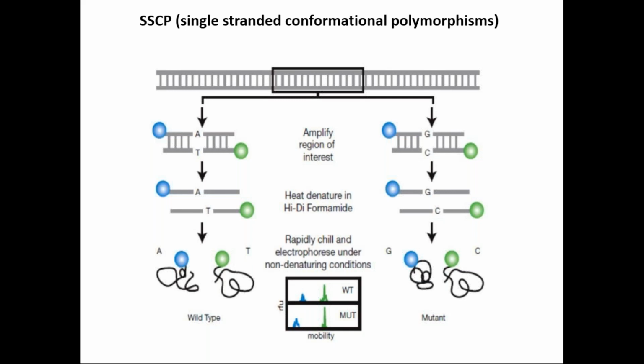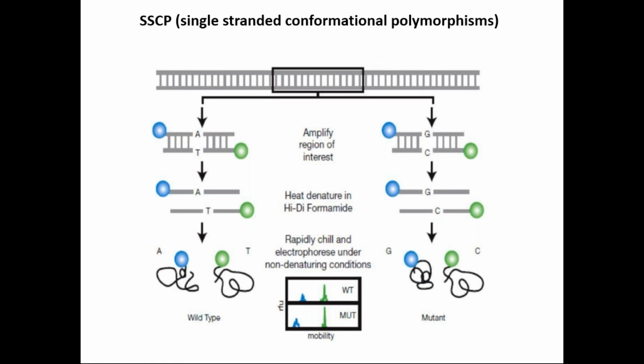But there is a possibility that these two DNA molecules show variation from each other in terms of sequence, while both are identical in terms of molecular weight. Why? Because here also 50 nucleotides, here also 50 nucleotides. So the molecular weight is the same, but the sequence may vary, and such variations we can visualize by using single stranded conformational polymorphism. So in this situation, we can perform the SSCP.